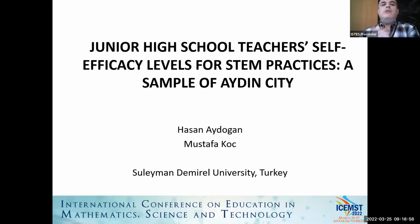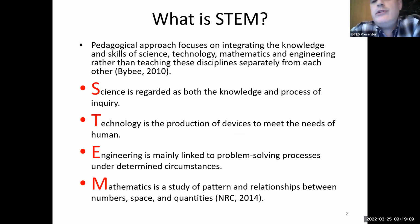This research is about junior high school teachers' self-efficacy levels for STEM practices, a sample of identity. Our research is grounded on two main concepts. The first one is science, technology, engineering, and mathematics education, which stands for STEM education. I guess we are all quite familiar with this concept, but I would like to remind you of the